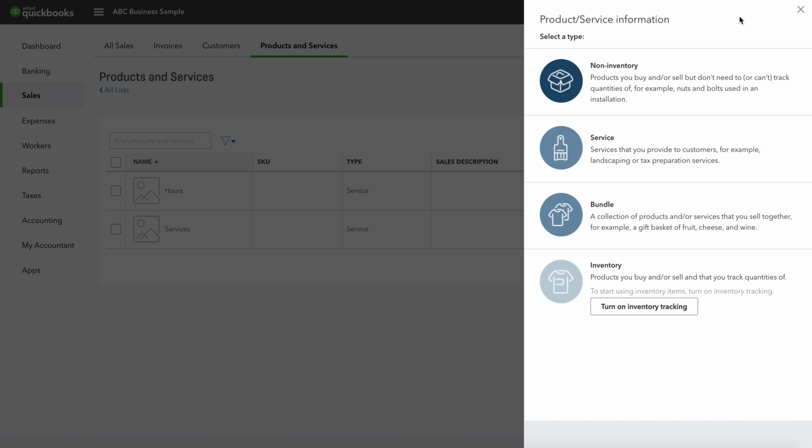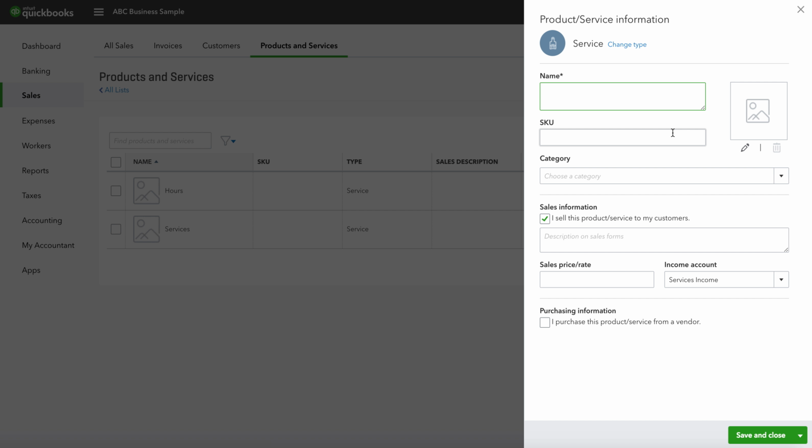So today we're just going to talk about adding a service item. In here we're going to call an item web design. We're not going to add a SKU because the SKU is really geared more towards inventory items, but it's actually just an internal opportunity for you as the business to track this item. So generally speaking, it's not relevant to what you're doing unless you want to have a specific way to track these items. I am going to put it under a category because this way it hosts everything nicely, and this is going to be design